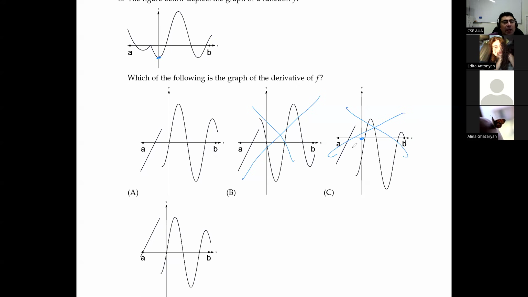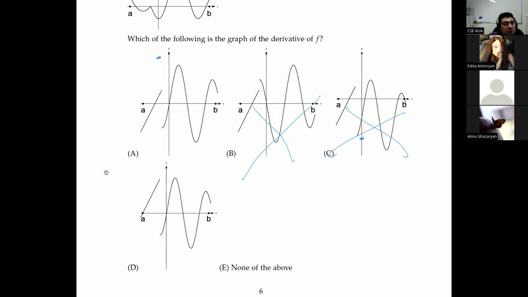Now compare A and D and find some difference between these two graphs. Give me some difference between A and D. The line on the left? Not a tangent, just this line. Okay. The graph near A is a bit different. So, in particular, on the right side of point A,